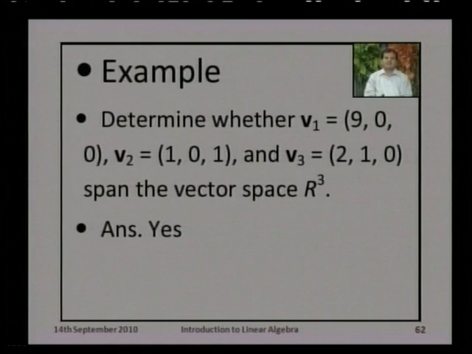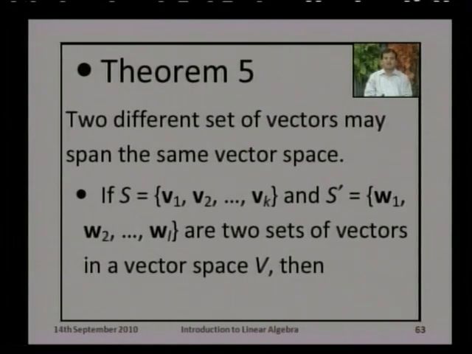And the answer is yes. Two different sets of vectors may span the same vector space. So if S and S dash are two sets of vectors, one contains k elements, the